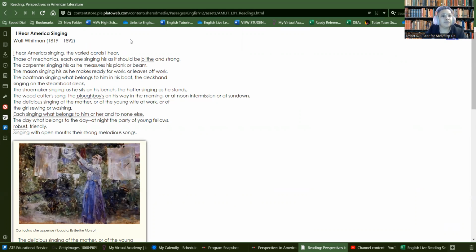And as I did for the previous video, we're going to go through some of the more difficult words and make sure that we understand what they mean. If there's anything that I need to look up, I'll do it live while we're recording the video. Because I want students to know that it's important to actually stop when you see a word you don't understand and make sure that you understand it before you continue reading.